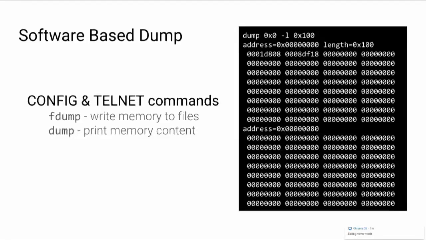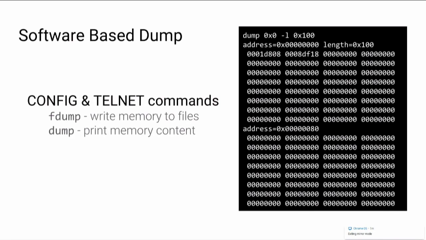So what we can do next is try to use the FlashAir commands in order to get a bigger memory dump. And hopefully we'll be able to discover this CPU architecture. In order to dump memory, we can use dump and fdump, from telnet or commands, you can choose. And both will provide a similar result, which is a text output. Here I'm dumping memory at address 0. And the bad news here is that, of course, you can dump manually, but these 2 functions can only return at most 384 bytes. So dumping 2 megabytes with these commands will be slow.